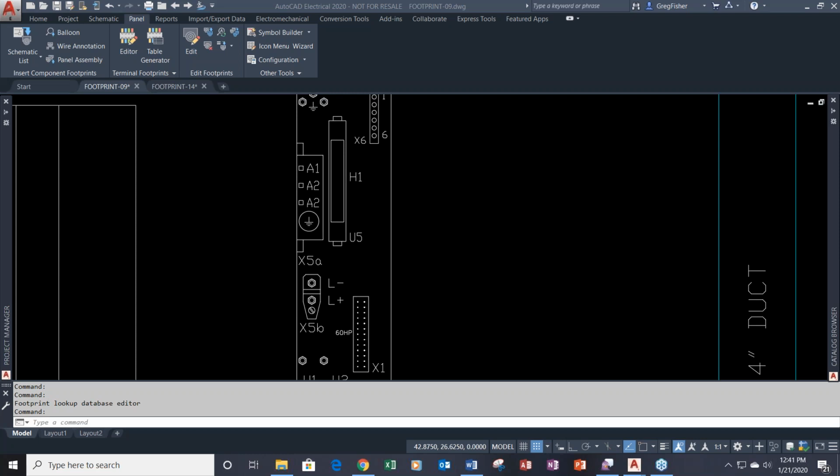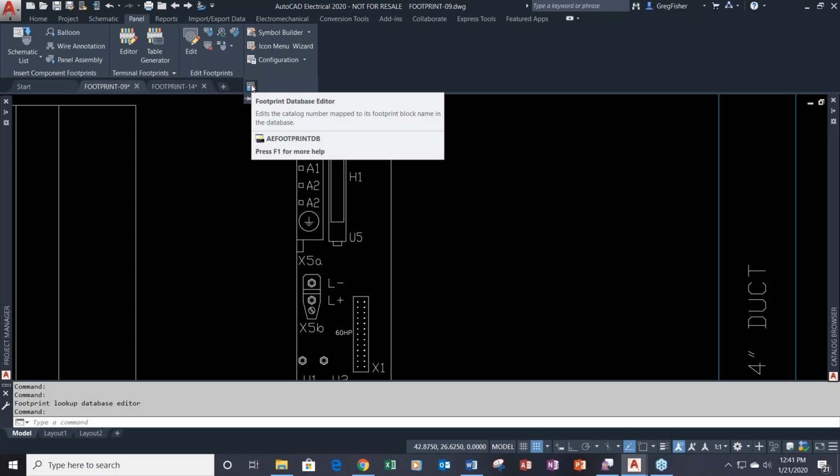The next step would be to take that block that you've downloaded. First of all, create an AutoCAD Electrical footprint symbol out of it. That's what I did when I added the P tag 1. I actually created a real AutoCAD Electrical footprint symbol. And then you link them together. The link is through this